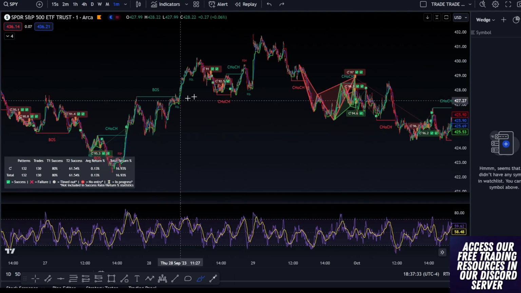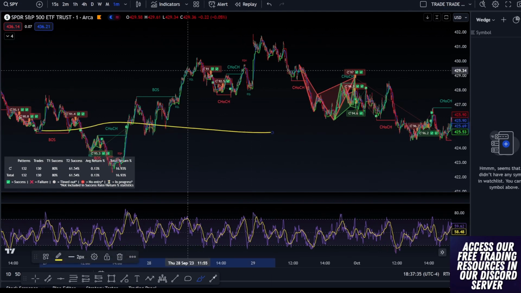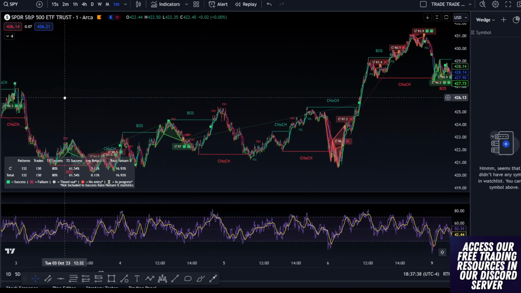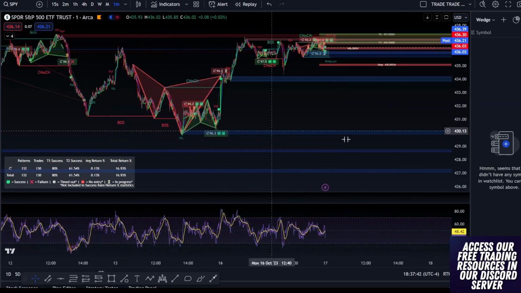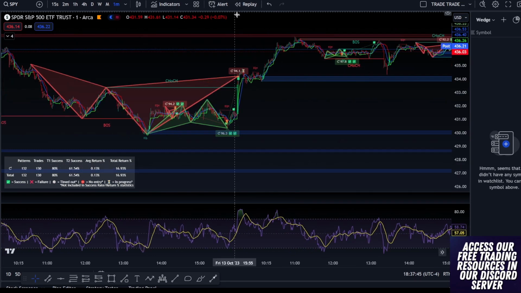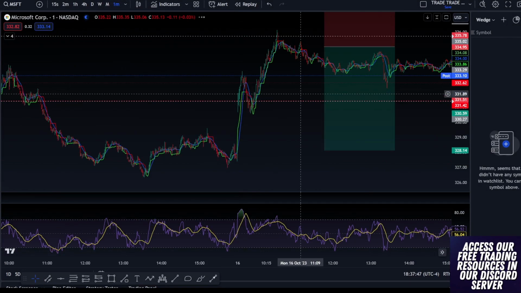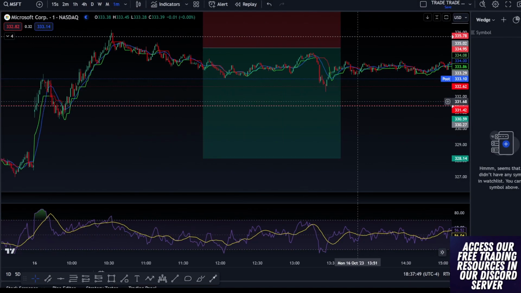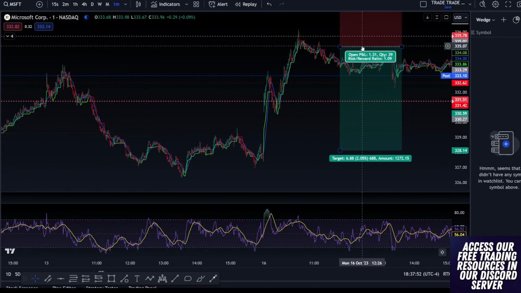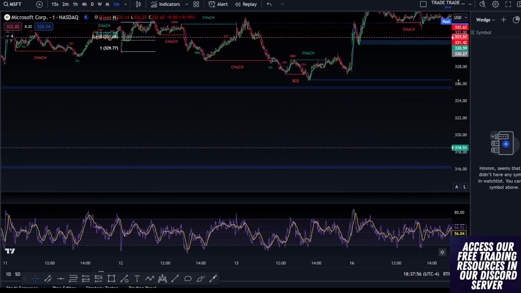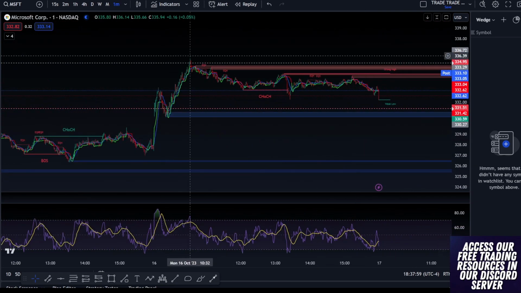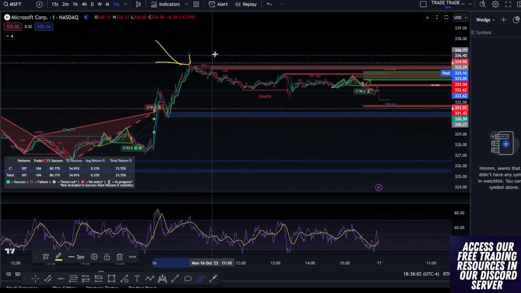So there are ways to circumvent this. There are other indicators that you can use, but a lot of times this is usually what I'm looking at, right? So with Microsoft today, we'll just briefly go back quickly and then we'll hop off. We're going to be doing this for almost 2 hours. This is why I love live streaming, because it really helps so much. I will be recording this too. This is recorded.